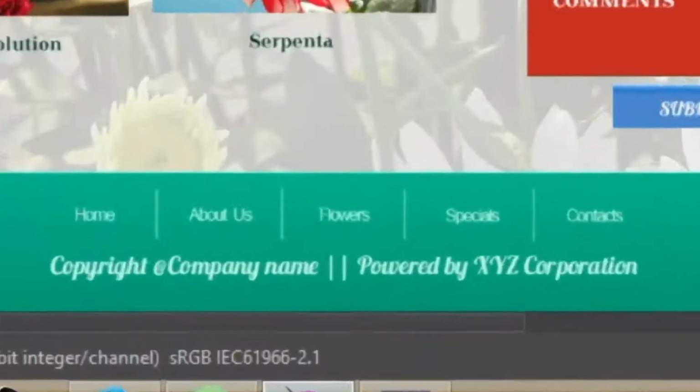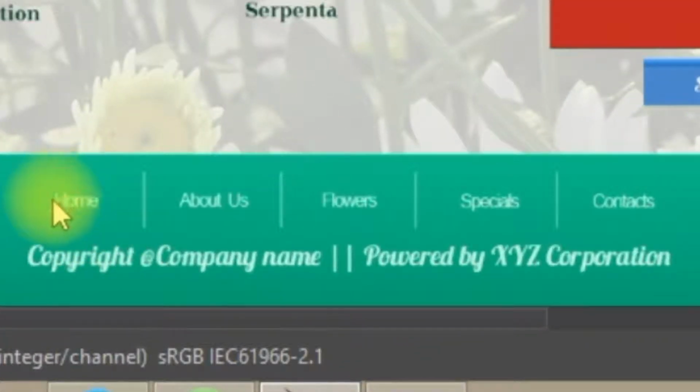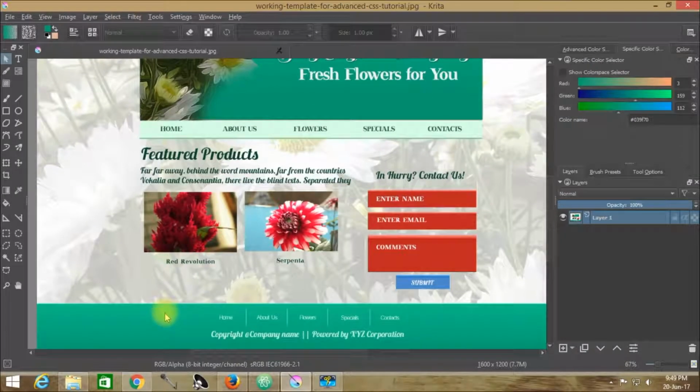Now if we take a look at our template, we can see that there is a menu bar lying at almost the central position. All we need to do is break this footer element into three parts: the parent div and its two corresponding child divs. This time we are not applying any float left or float right condition. We just need to place it in an up and down arrangement. So this is what we are going to do.